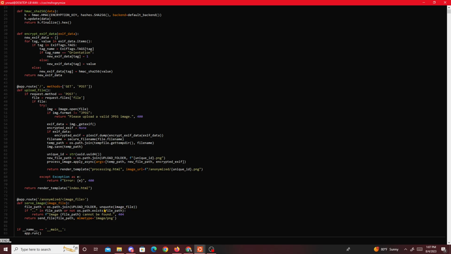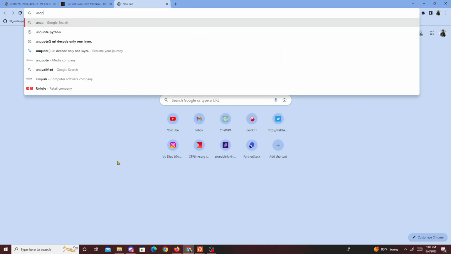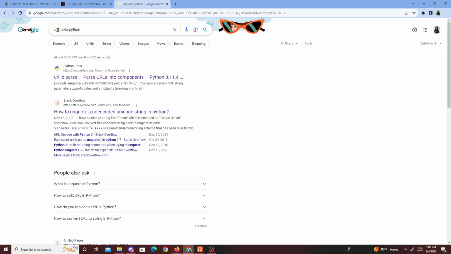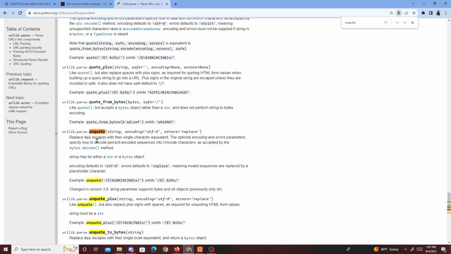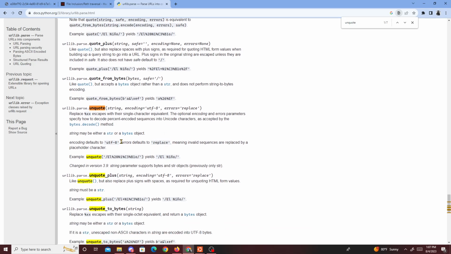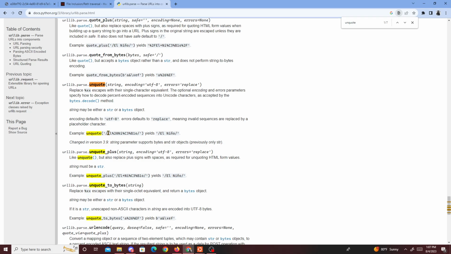And also, we can't forget about unquote. If you look at unquote in Python, all it does is replace escapes with their single character equivalent. This is URL unquoted, for example, it returns El Niño. But I guess the problem with this is it only does it one time, so we could just do a double URL encode. So if we go back to here, and we just change this to